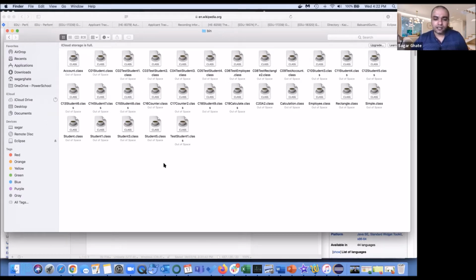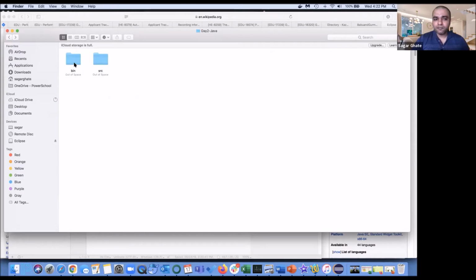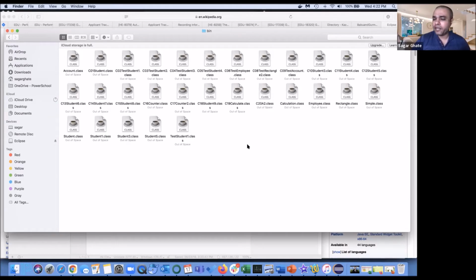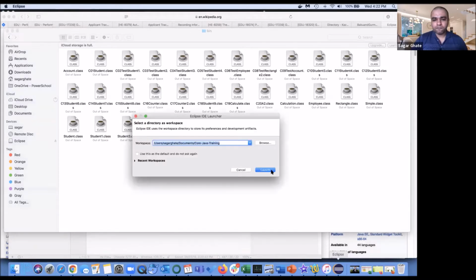So the moment we run the javac command, it is going to create the corresponding class in this bin folder. And bin is nothing but a binary folder which is executable. So let me quickly open my Eclipse.